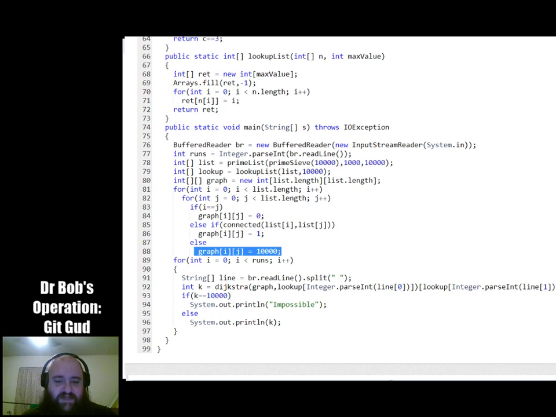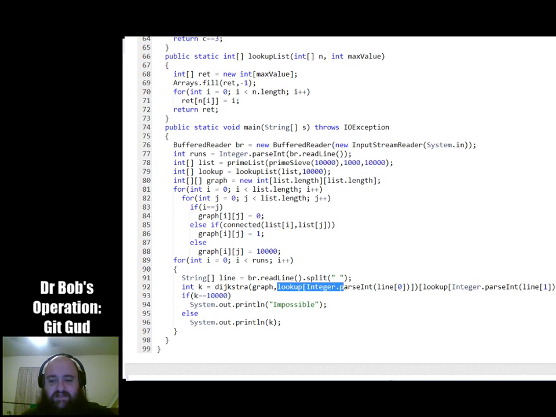Otherwise, we set it to 10,000, which is what I said earlier. Finally, we go through for each run. We read in the line, and then I call Dijkstra on k, and I pass in the graph.